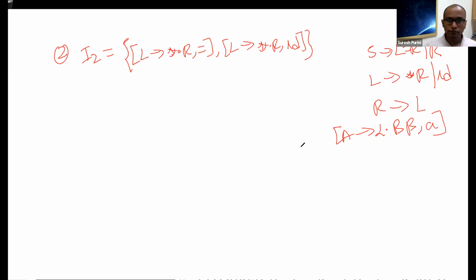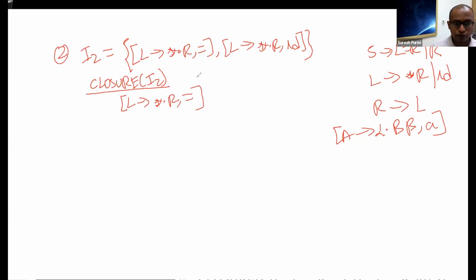So this is the item set that we have, and we want to compute the closure of I2. What is the first thing that we do? Every item that is present in I2 is also present in the closure set. So this item is present as it is, and this item is also present as it is.